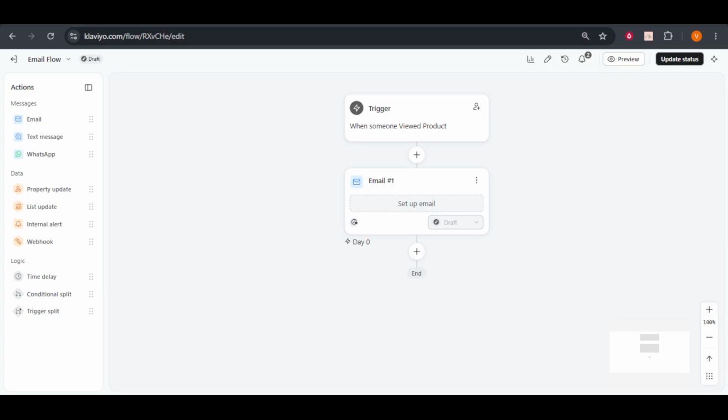Next, locate the conditional split component within this panel. It's represented by a diamond icon, making it easy to spot among the other tools. Clicking and holding this icon will allow you to drag it onto your central visual timeline grid. This grid is the heart of your flow, where you can see and manage all the elements of your email